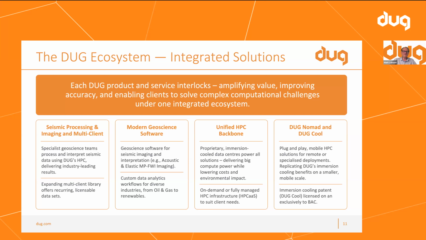We have a lot of great different data analytics, different workflows, different AI stuff. There's a lot going on. And integrated with everything is that HPC backbone, which is all proprietary, running our immersion cooled data centers, saving 51% of the power bill, really important for the environmental impact. And I'll run over one of the questions often put to us: why don't we use the cloud? Firstly, the thing to remember is that the cloud is not just there for us to grab.